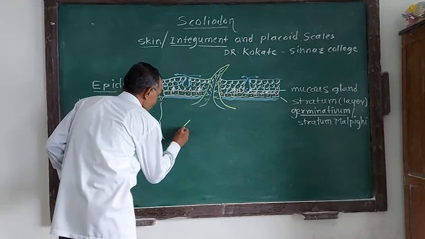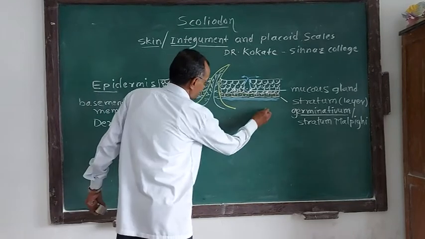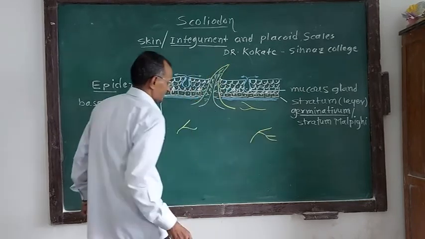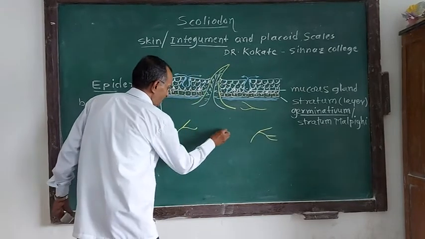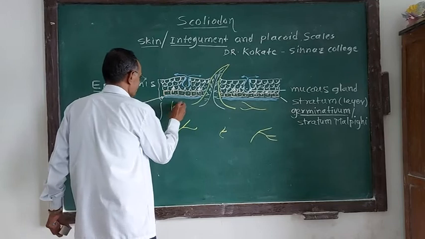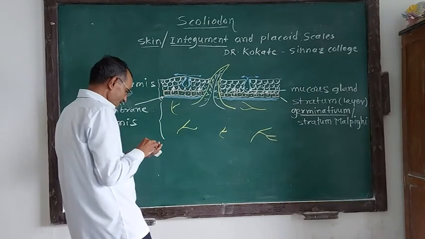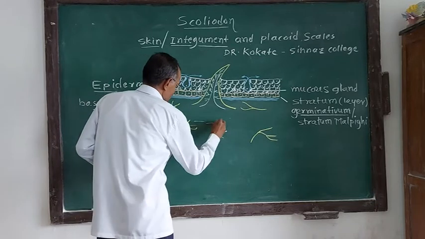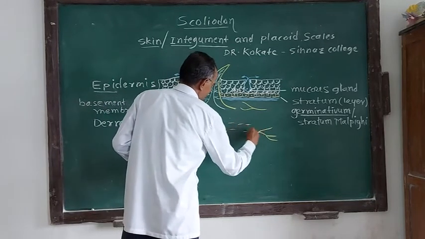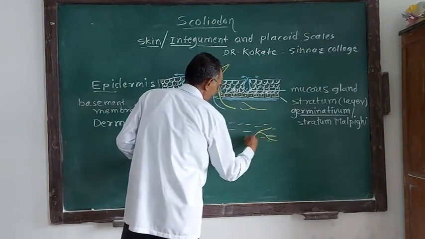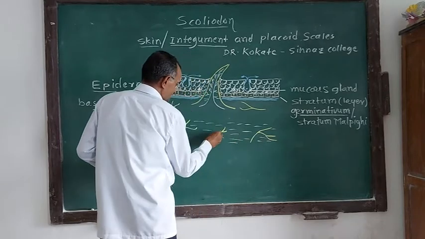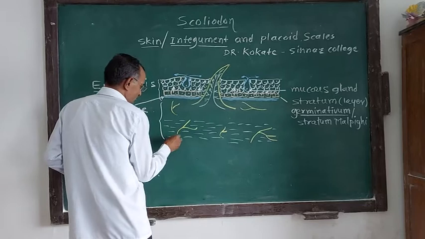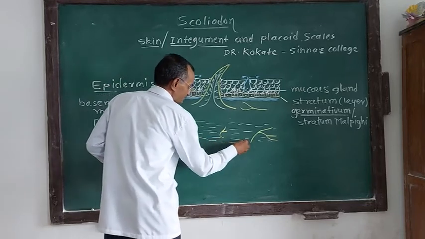nerve fibers. See, these are the nerve fibers which may be branched like this. So these all are nerve fibers in this manner. The dermis also consists of white collagen fibers. So these are white collagen fibers in this manner. White collagen fibers form the connective tissue of the dermis, by this way.